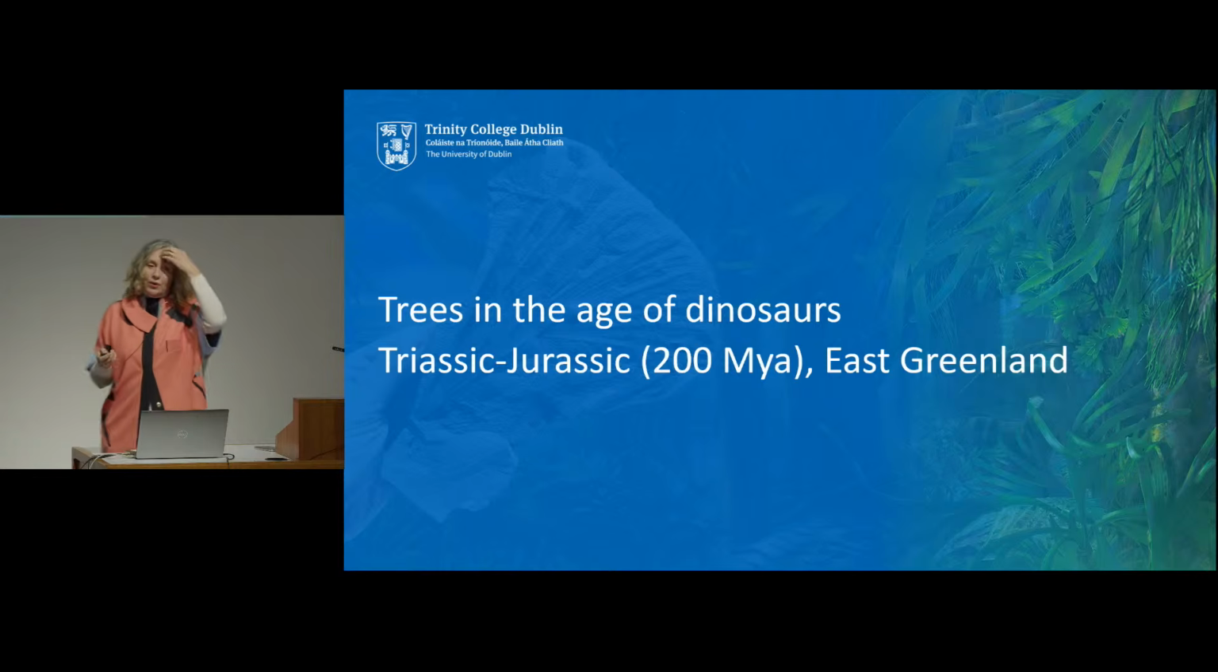So now we're stepping forward in time. I've taken a big jump. So now we're going to look at the Triassic-Jurassic boundary. And this was a boundary which was a mass extinction boundary. So it gave rise to dinosaurs and a lot of the vertebrate fossils that you would be familiar with and